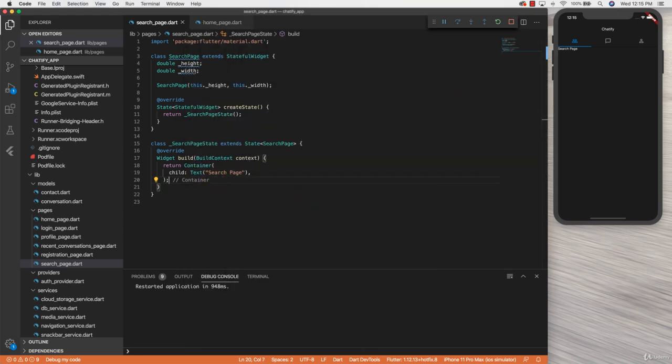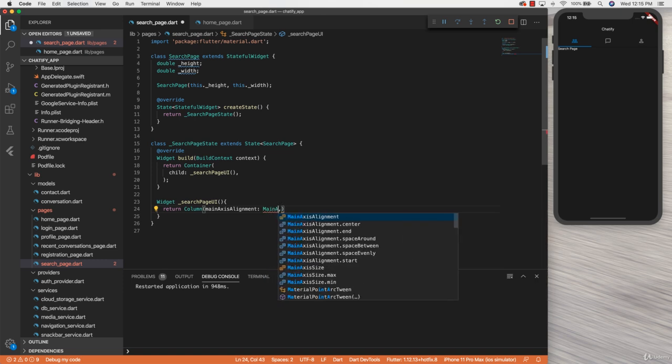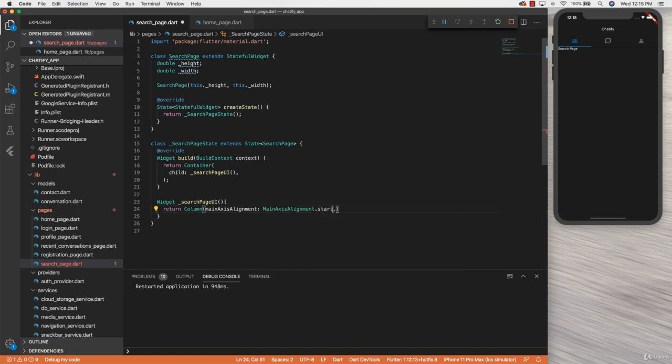So what I'm going to do now is create a function first. I'm going to call this function searchPageUI. Then I'm going to create this actual function. So searchPageUI. This function is going to return a column. This column is going to have a mainAxisAlignment, which will be MainAxisAlignment.start. Then we'll have a mainAxisSize,